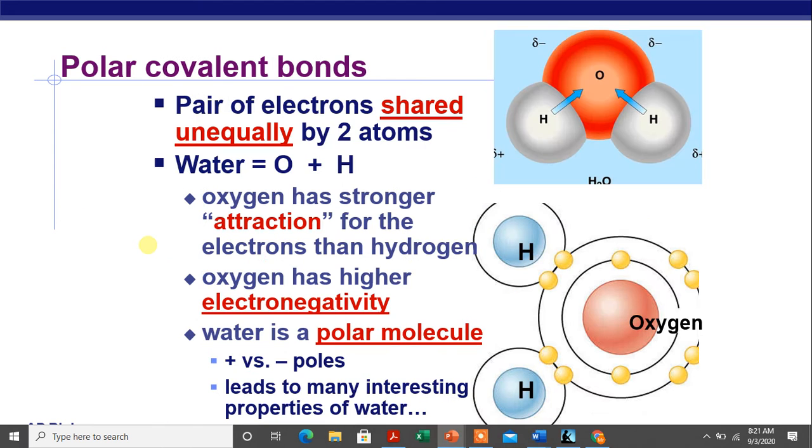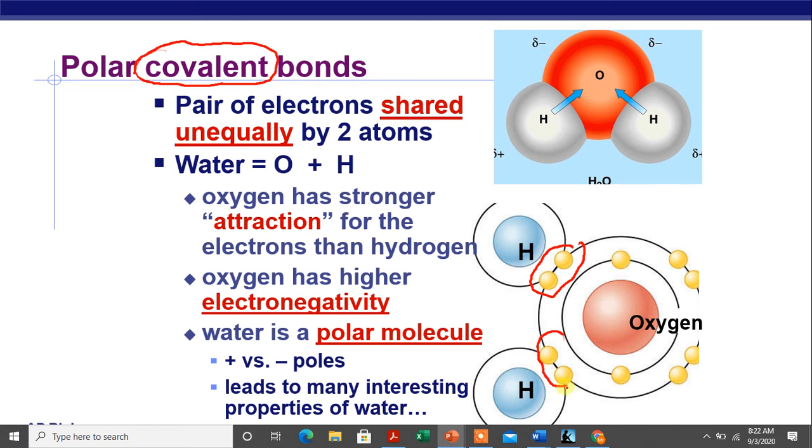All right. I bring that up because bond polarity is going to be super important in our next video about the properties of water. All right. So this bond polarity has to do with covalent bonds, with electrons that are being shared. So for example, in this picture, in water, oxygen and hydrogen are sharing these electrons.